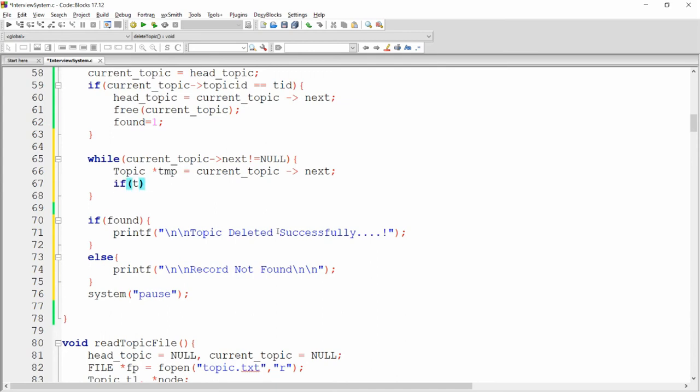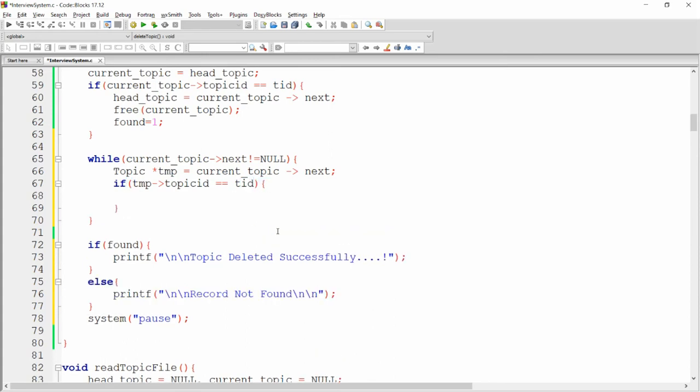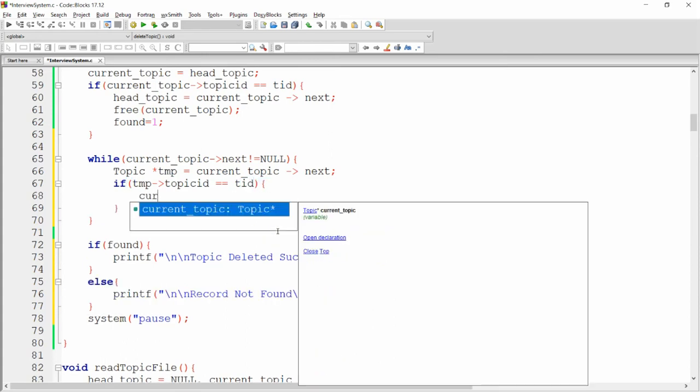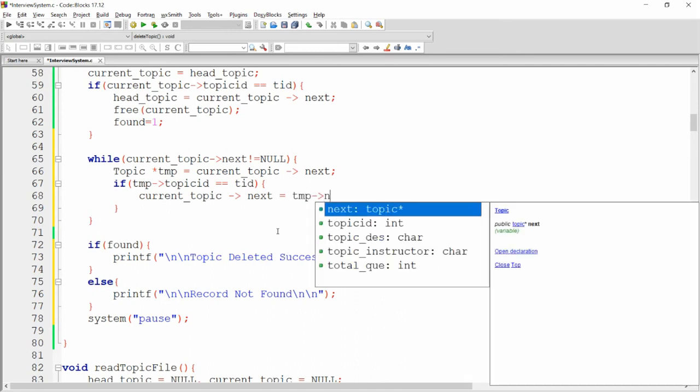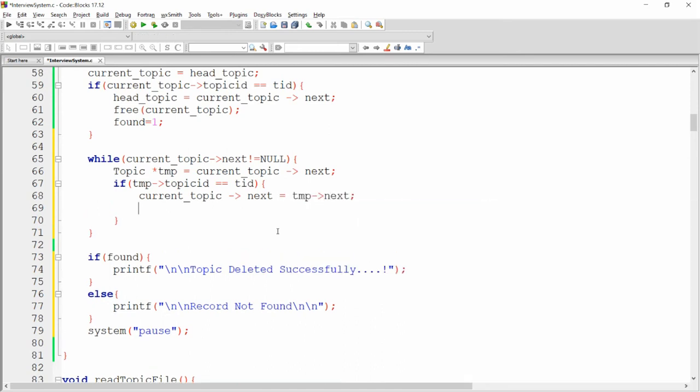Now if second node dot topic ID equals the topic ID that the user has given, if both match, then we can write that current dot next, that is head dot next, is equal to temp dot next. So I am just skipping the temporary node, that is the second node.